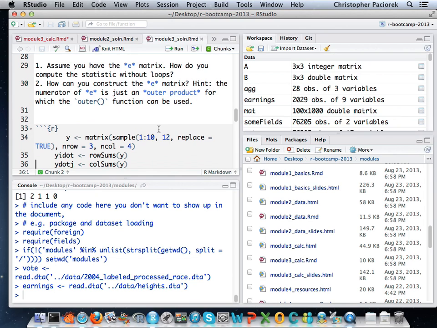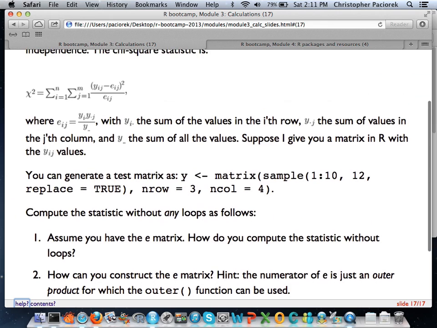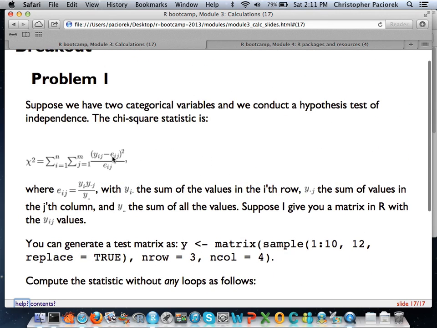Okay, so first, maybe this is just the full solution. I was trying to lead you through the question in pieces. If we had the Y matrix and the E matrix, both of them in hand, then all that we saw on the slide was we just need to subtract the elements of each of the matrices, square them, divide by the elements of the E matrix, and then do a sum.